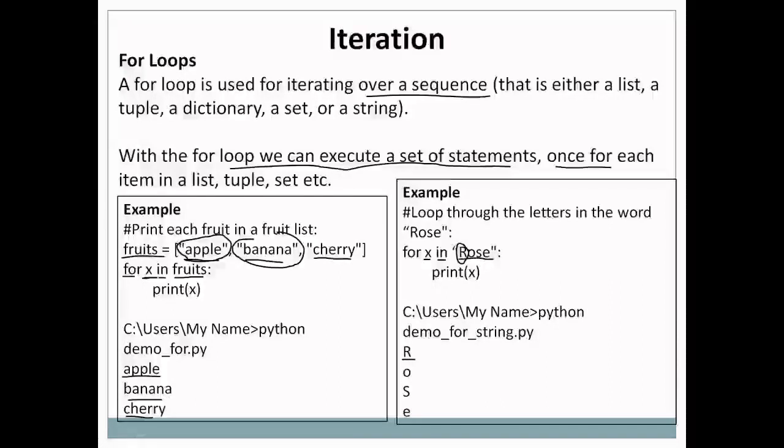Second time the loop is executed, the second character, that is o, is assigned to x and it will print o. Same way it will print s and e, and e is the last character. There are no other characters which we can assign to x, so the loop ends there. So this is how this particular for loop can be used in Python to iterate through different elements in a